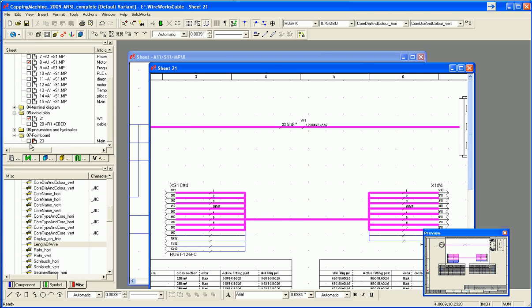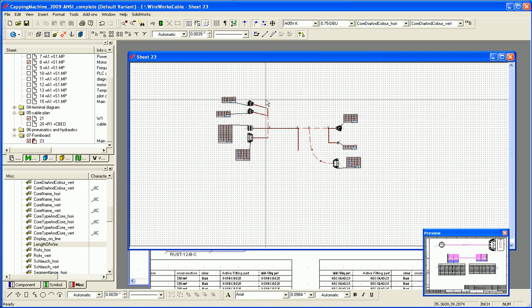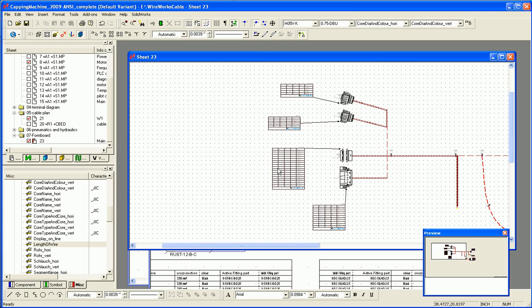Inside Wireworks, we've also got the ability to do a form board, which is a slightly more complex schematic here, where we can do splines and add cable protection, clips and ties, etc. And again, all the tabular information showing where cables route between